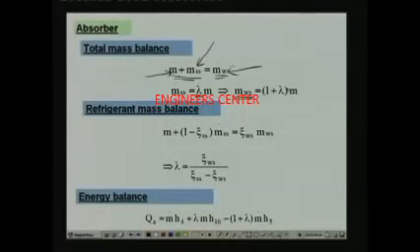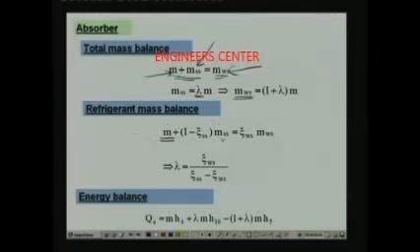Okay, similarly you can also write a mass balance for the refrigerant. Mass balance for the refrigerant means whatever amount of refrigerant is entering into the system must leave the system. So what is the amount of refrigerant entering into the system? First it is entering in the form of pure vapor, that is m dot, plus